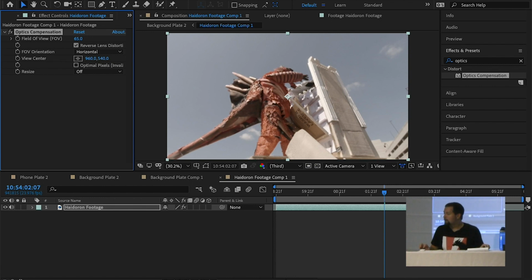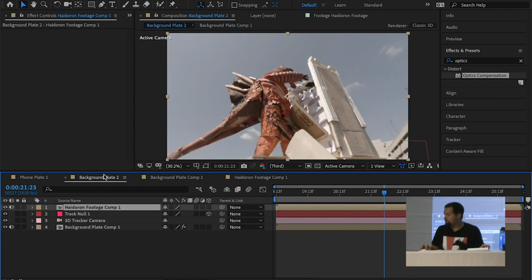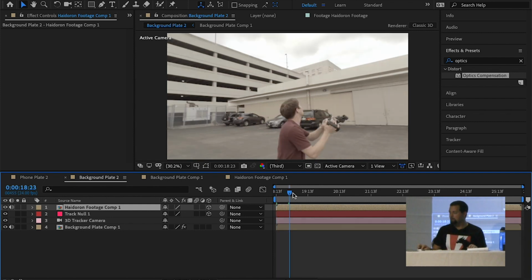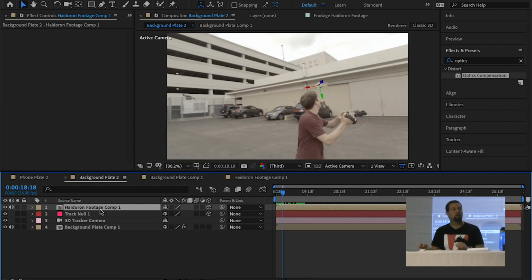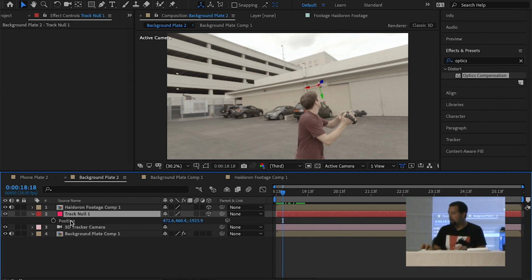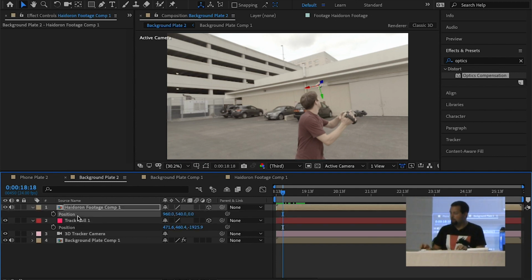All right, so we're going to go back to the shot here, and we're going to tell After Effects, hey, I know this is a 2D layer, but I want you to make it 3D. And this little guy down here, oh, where did he go? He disappeared. That's because now this layer is in 3D space, and it's very far away. But we have a way of figuring out where it's supposed to go because we have these null objects with data. So I'm going to take this position data, copy it, go to the Hydron footage, paste it,